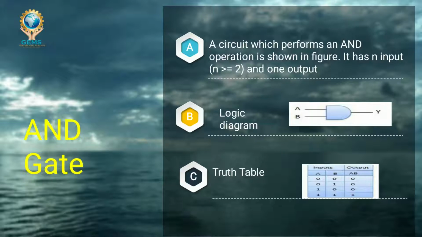Instead of 0, you can put true. 0 means you can put T or F also. First of all, 0, 0 means F, F, then automatically the answer is F. If you put F, T, the answer is F only. If you put T, F, the answer is F only. If you put T, T, then only you will get T. So instead of 0, you can put any symbol. The output is 1 or true only when both sides are true, and that is what the AND gate says.